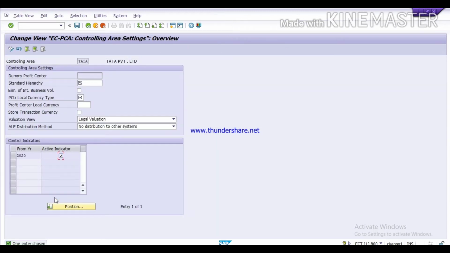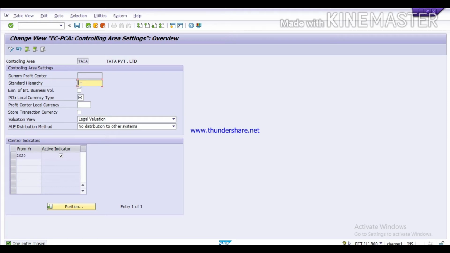Here you will see your controlling area has been taken by the system. And here you have to define the standard hierarchy of your profit center. In this step, you have to define your profit center hierarchy.